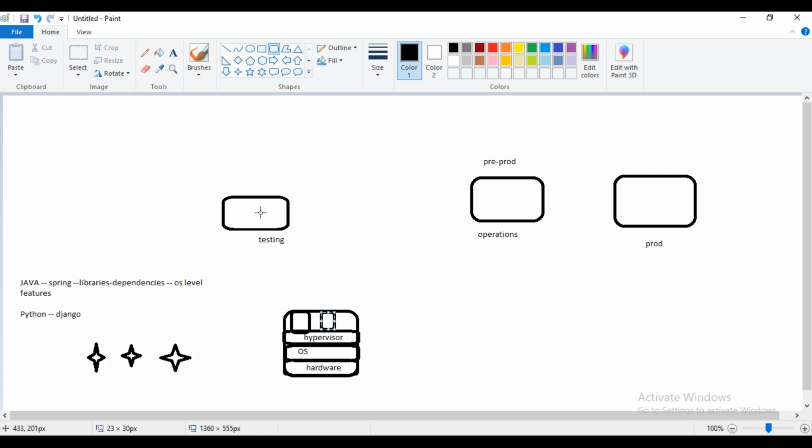So when they're giving this to the testing team, there is no need to install any dependencies, because this image contains everything, since you are giving it along with the operating system. In the previous scenario you were not giving the operating system, so the operating system might contain some configuration or some dependencies that you were not giving here. You were only giving Java, the application converted into a jar file, and they would test it by installing some library dependencies.